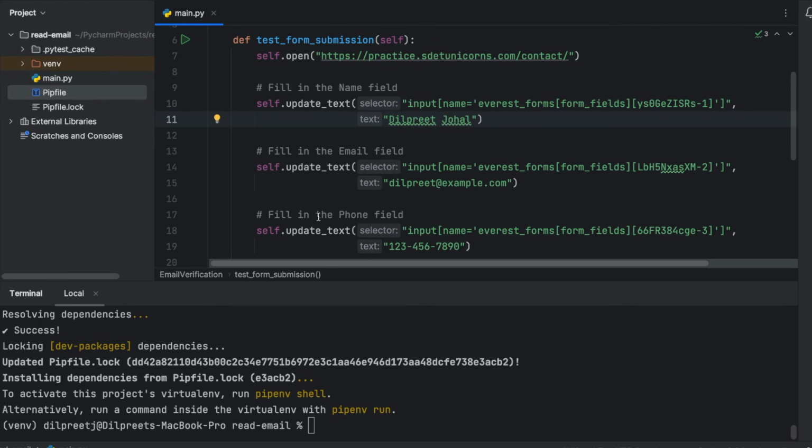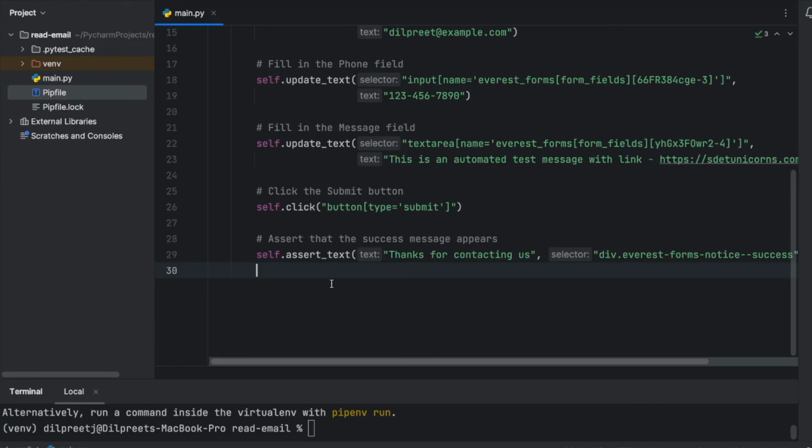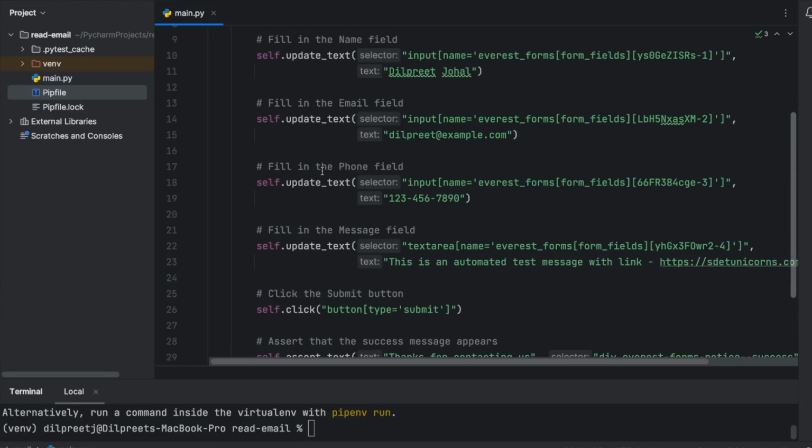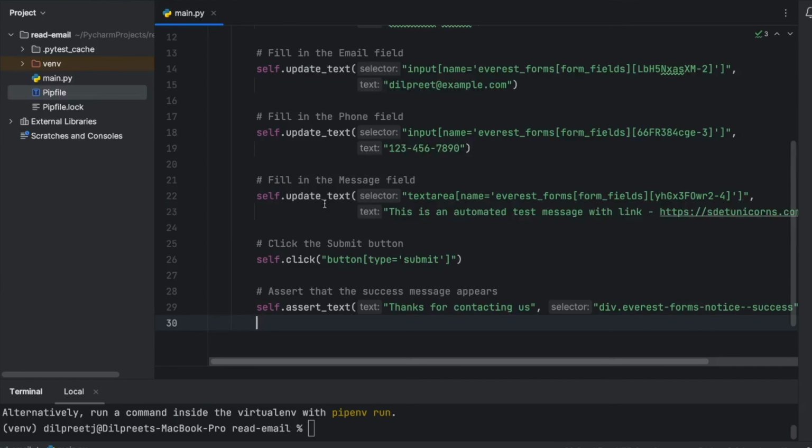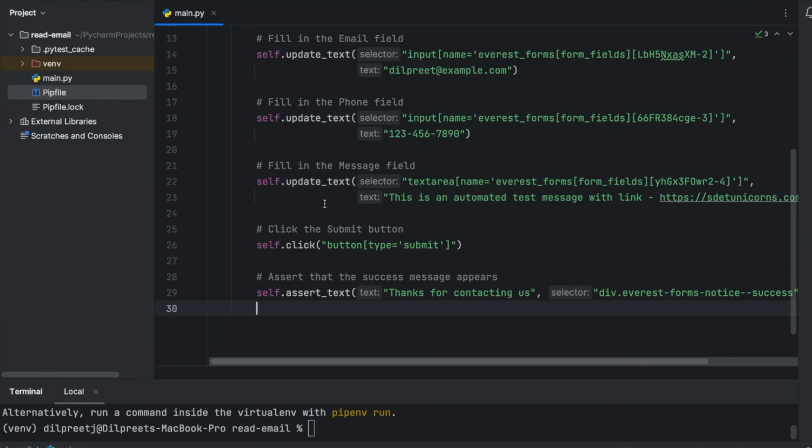Now we have all the dependencies that we need in order for us to set up our test. All right, so as you already know, this script will go ahead and submit our form. Now, after the form is submitted, we receive the email. Now, there's some kind of delay between us submitting the form and getting the email. So we will add this hard-coded delay over here within our script. Now, this is not the best mechanism of doing that. Ideally, you want to have some kind of retry mechanism, which will check whether you received the email or